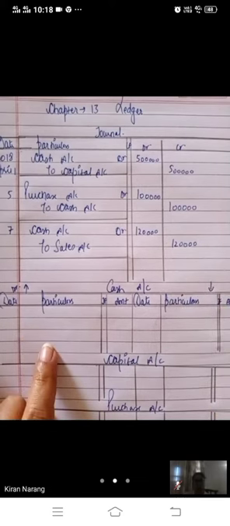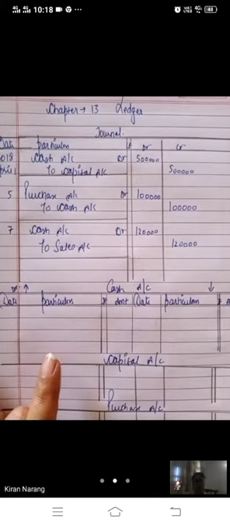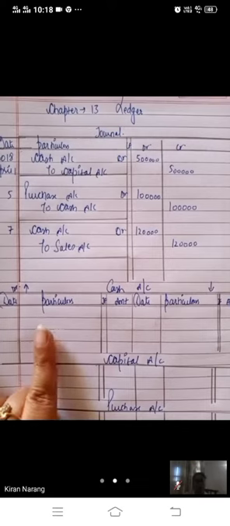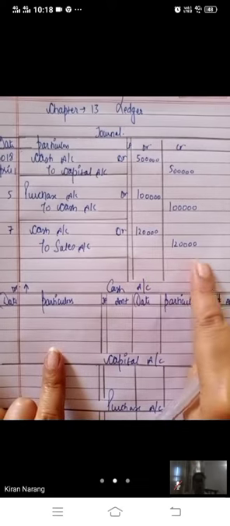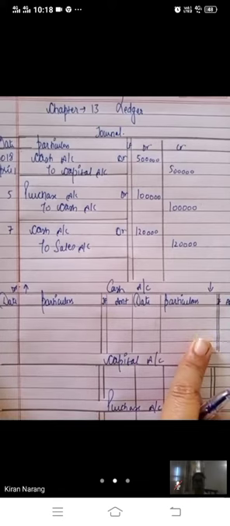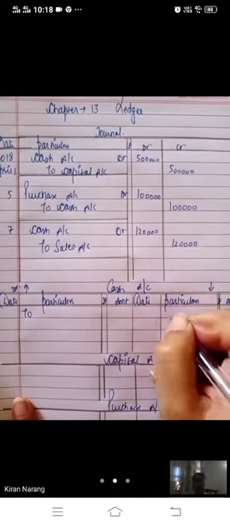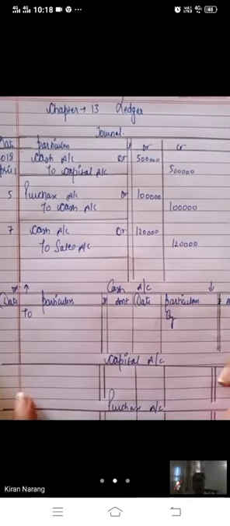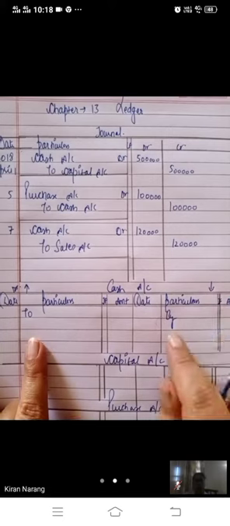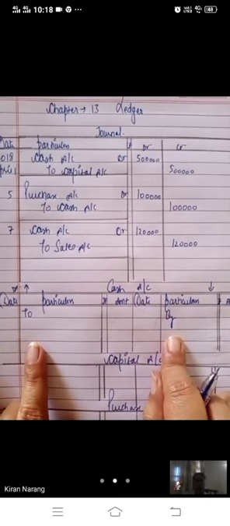You have learned these rules in accounting equation. Cash account is an asset and its nature is debit. If we want to increase it, we will record on debit side, and if we want to decrease it, it will be recorded on credit side. Okay, bache. Now two rules. Here we will record to, and here we will record by. To is written on debit side, by is written on credit side. This is a rule.